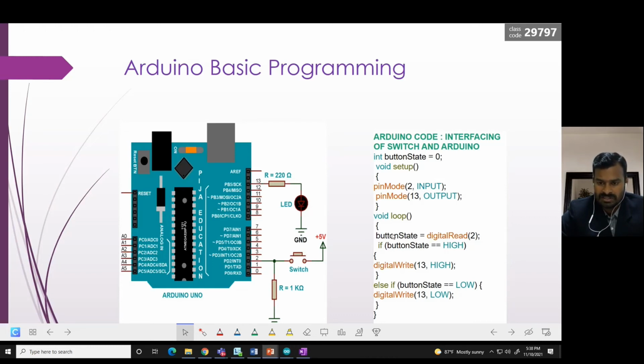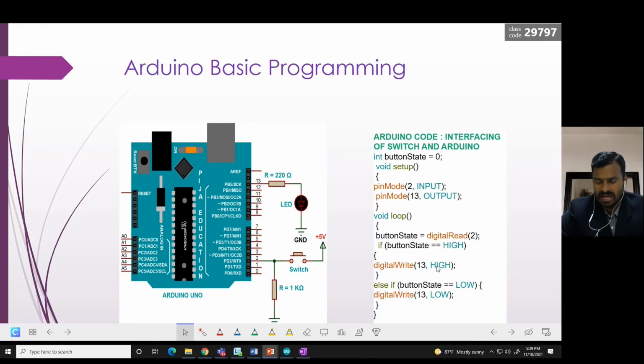Once I store this status here, then I can see whether it is high or low. Then I can write a logic. If the button state equals to high, that means if it is reading high, make the LED also high. Digital write 13 pin high.